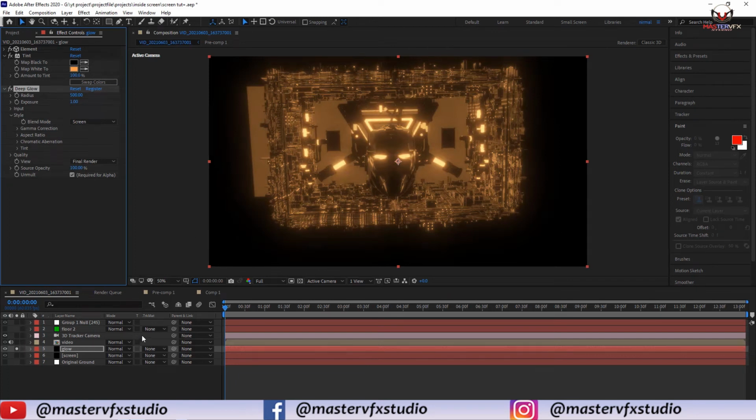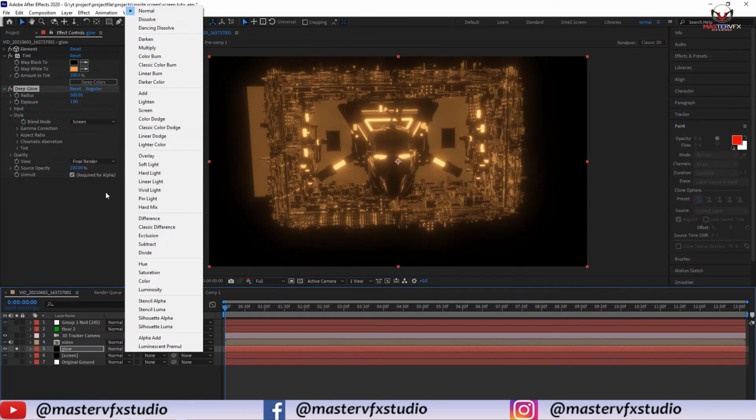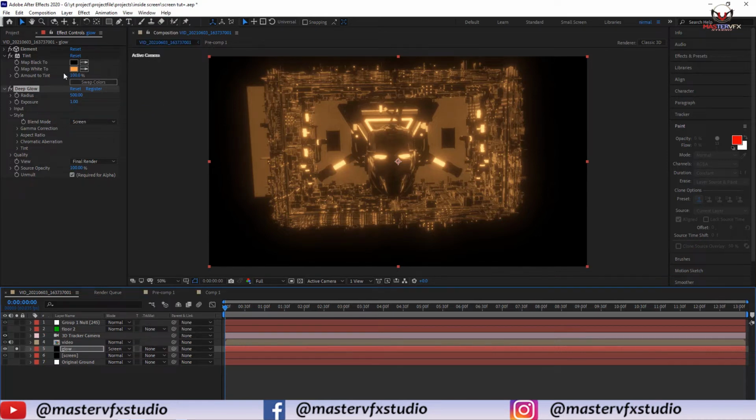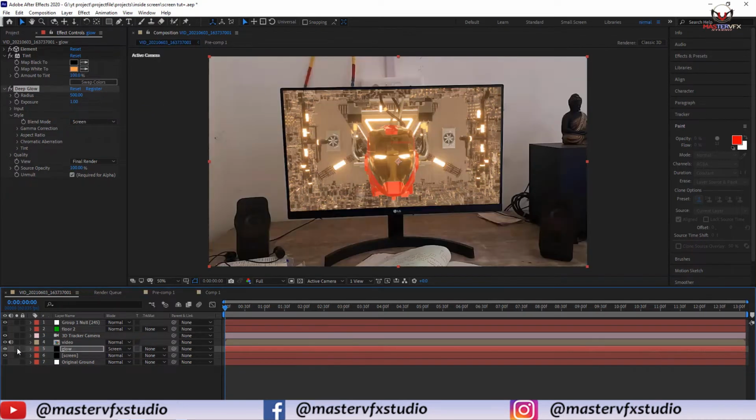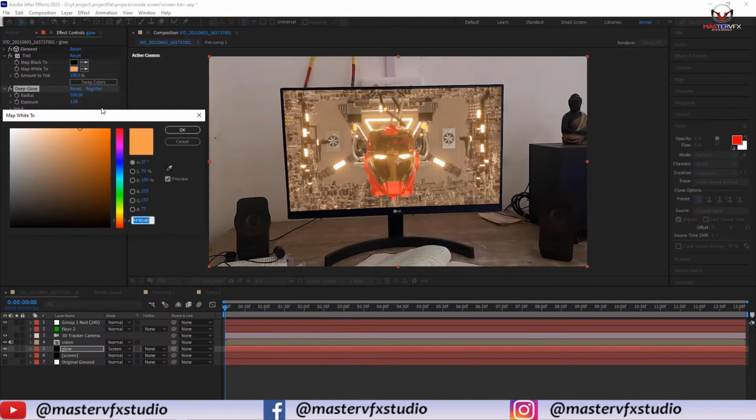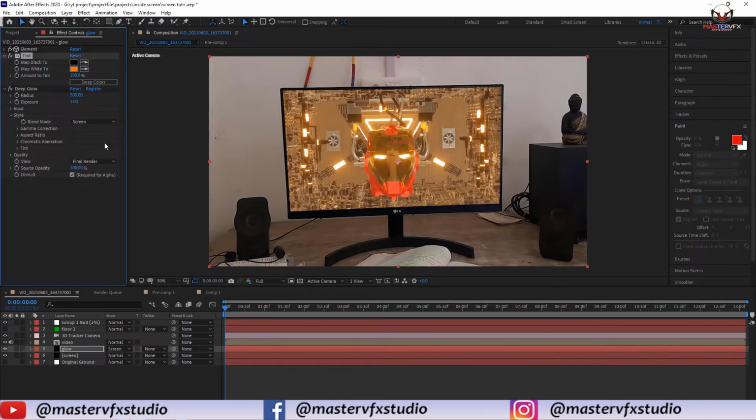And just change this mode to screen. And unsolo it, and now we try to make highly saturated orange color. Exposure we are going to change from 1 to 2,